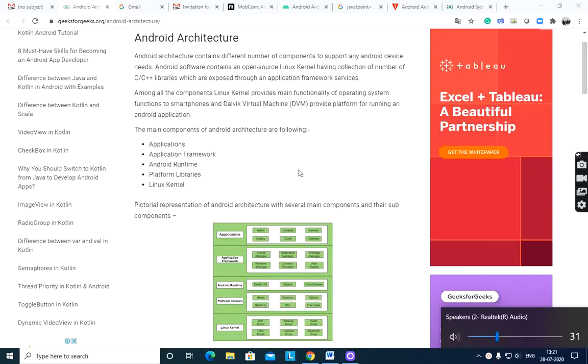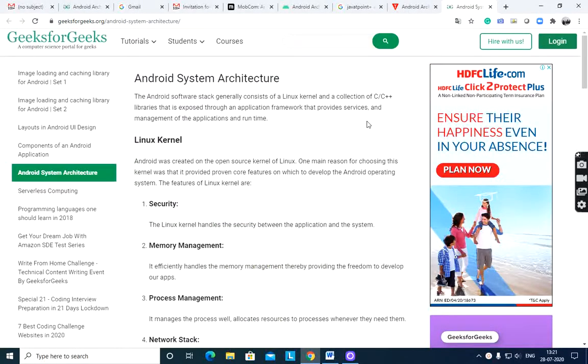Today I would like to talk about Android architecture. Android architecture contains a number of different components to support any Android device's needs. Android software contains an open source Linux kernel with a collection of C++ libraries which are exposed through application framework services. Among all the components, the Linux kernel provides the main functionality